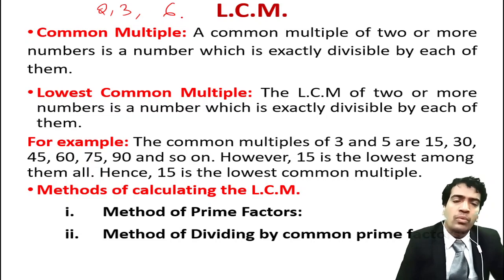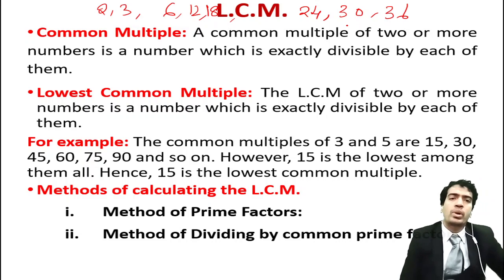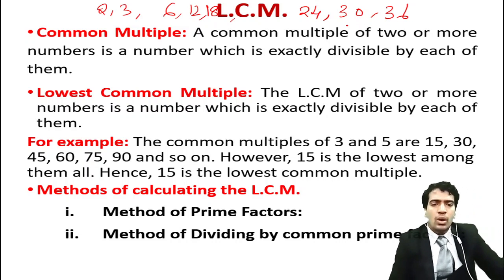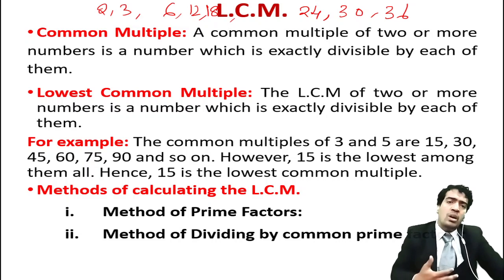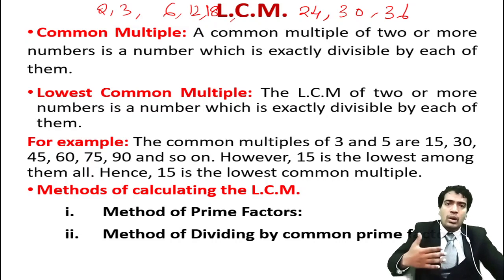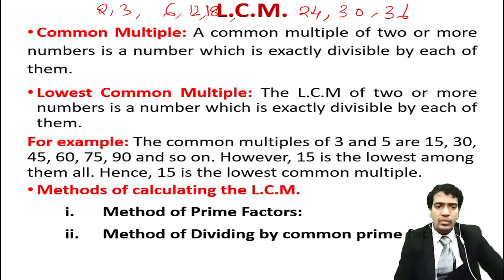6 is the common multiple of 2 and 3. 12 is the common multiple of 2 and 3. 18, 24, 30, 36 are common multiples of 2 and 3. So you can go on. However, when we come to the concept of lowest common multiple or least common multiple,